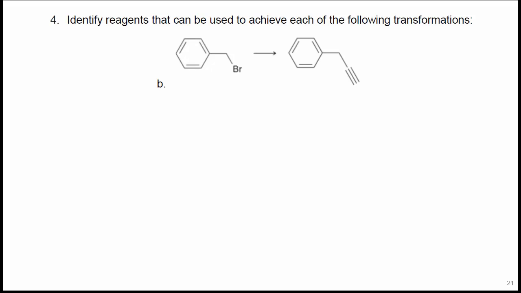Okay, in this problem, we make our observations. We're adding 2 carbons there. And our bromine is gone. All right, so this one is going to require a little bit of backwards thinking. So I have Br here, and I need to add an alkyne.